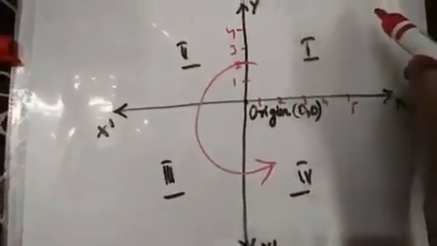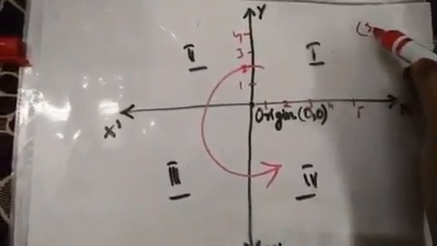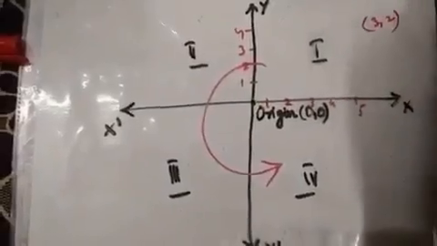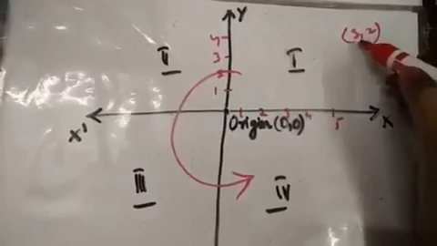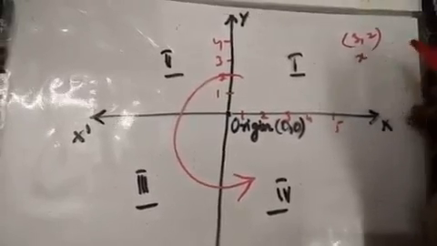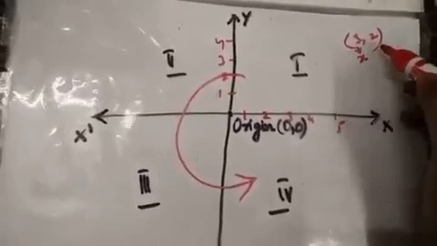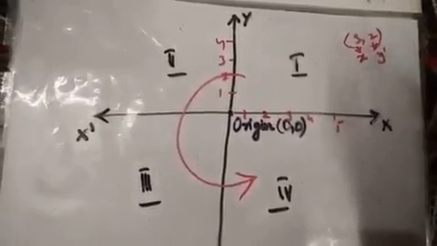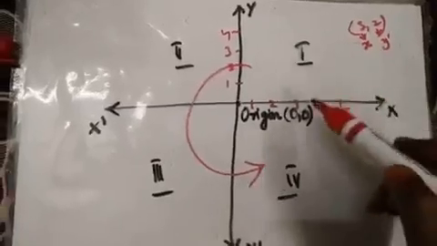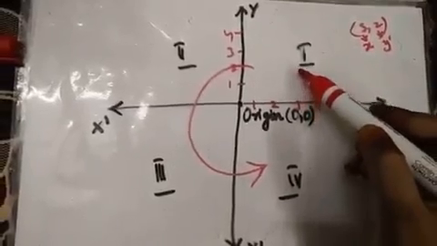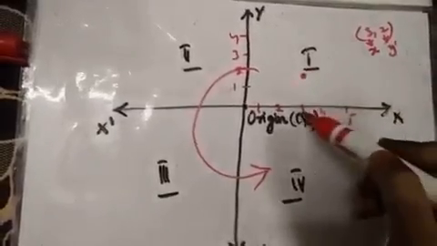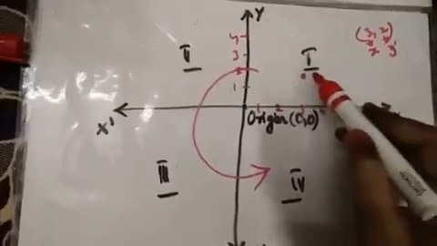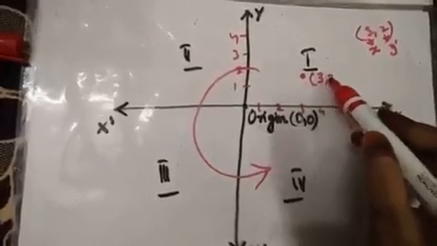If someone asks me to locate the point (3, 2), always remember when it is given as (3, 2), the first coordinate is always the x coordinate, and the second one is always the y coordinate. So the x coordinate is 3, and from the 3 line I have to locate where 2 is on y. This is 3, and from here it is y, and this is nothing but your point (3, 2).